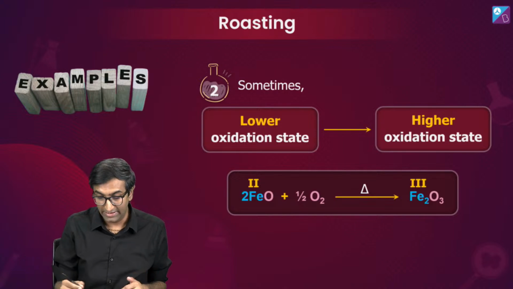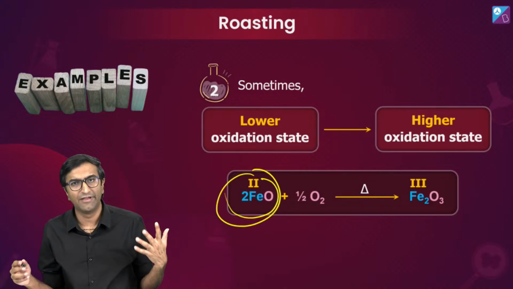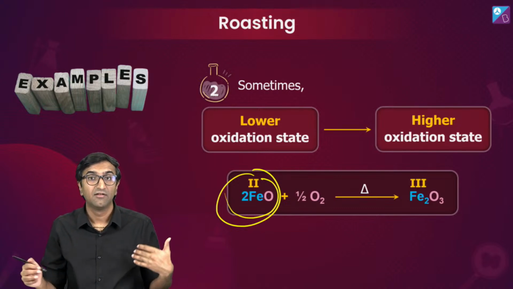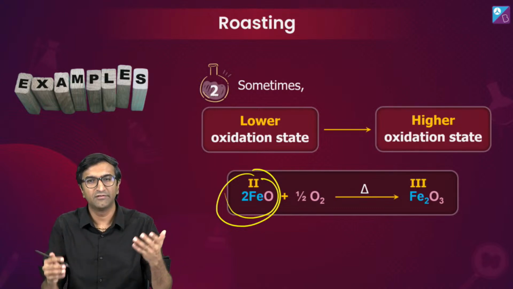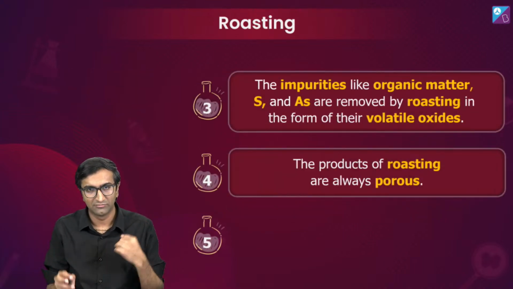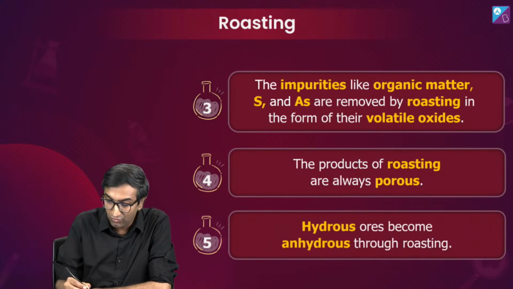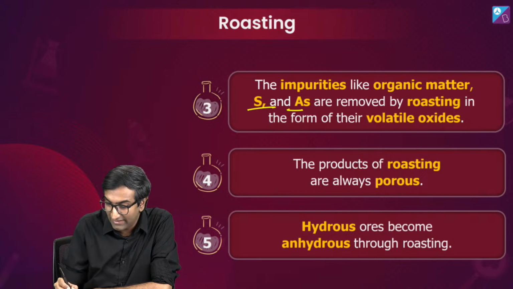Sometimes it also happens that if I have something that shows multiple variable oxidation states, then if I heat it in the presence of oxygen, it usually increases to the next oxidation state. I think that's all that I can talk about roasting for now without giving you a brain freeze. That was quite a lot. Anyway, as I told you, sulfur, arsenic, and organic matter, all of that goes away